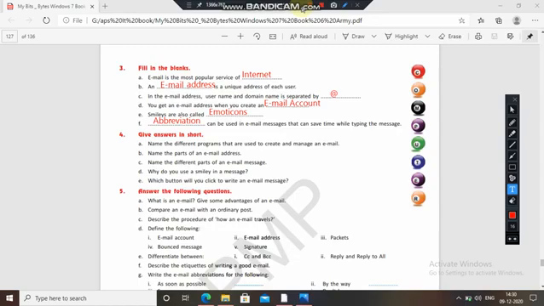Name the different programs that are used to create and manage an email. You have seen Gmail, Hotmail, Yahoo Mail. These are the programs which are used to create and manage email.